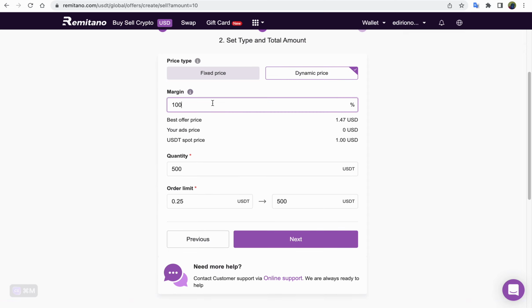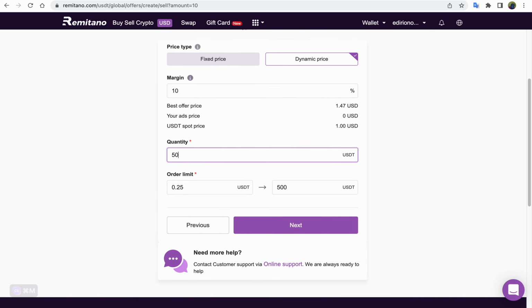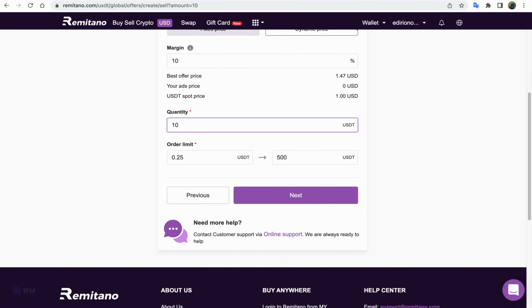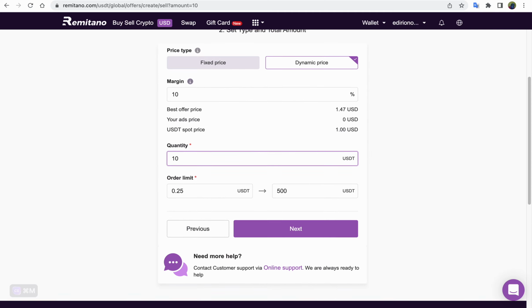And then of course you want to set the range beyond which the price should not adjust itself. So I can put a margin of 10%, and then let me assume I want to sell 10 USDT worth of Skrill. Okay,